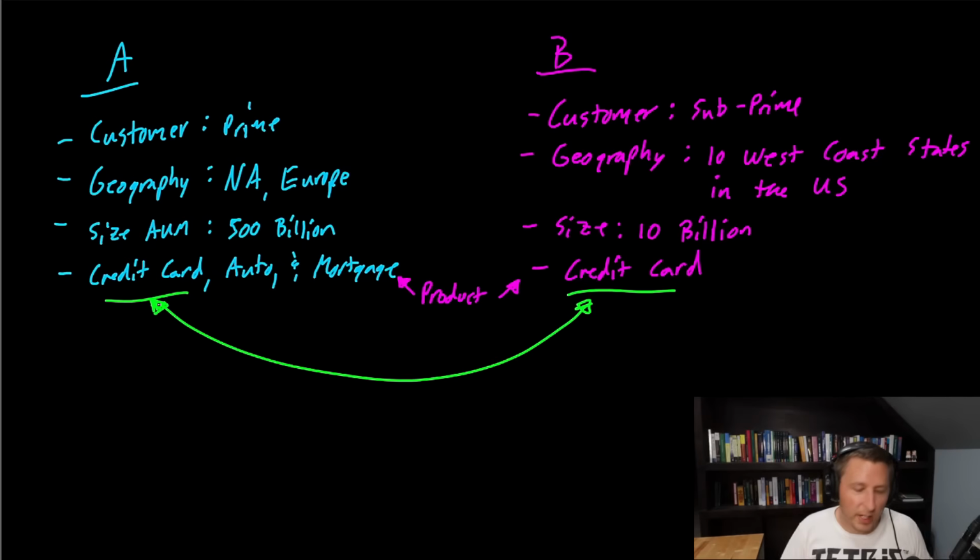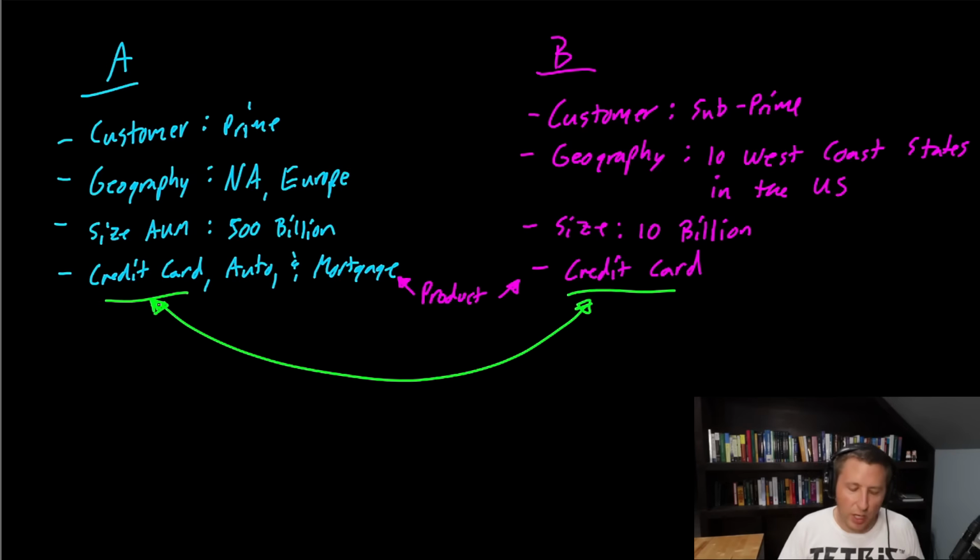The problem with this, as you're probably noticing, is the customer's different. In Bank A, they have prime customers. These are customers that have full-time jobs, they're rarely unemployed, they have cash saved up in savings, and a lot of things aren't going to impact them that much. Now, Bank B is going to have subprime customers. They're going to be very volatile in payment schedules, defaults, and life events. Small economic events will probably shake them a bit more.